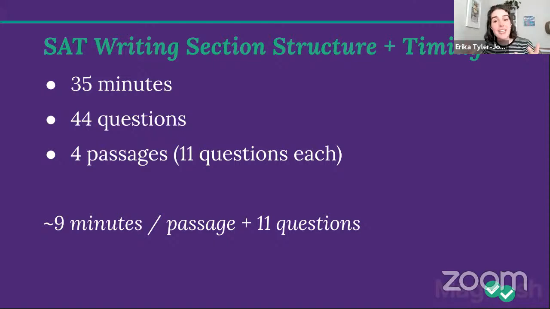The best way to think about timing is by breaking that down into chunks of questions. And when we have passage-based sections like writing, breaking it down into passages as your chunks is going to be the best. So here we've got 4 passages that are always 11 questions each, right? Because we have those 4 passages, we can think of this as 9 minutes per passage, and it's 11